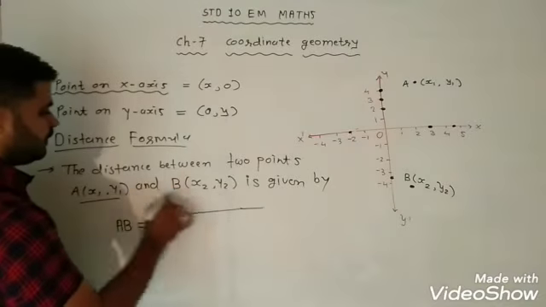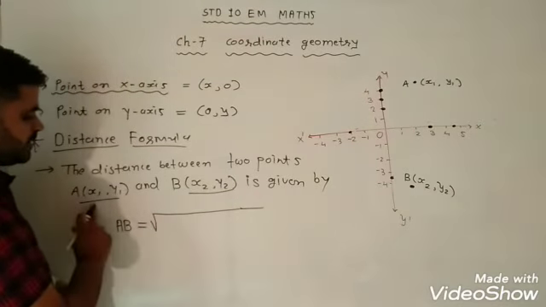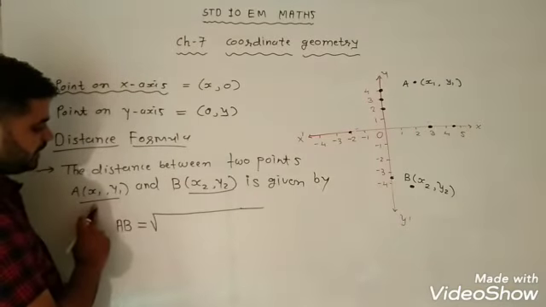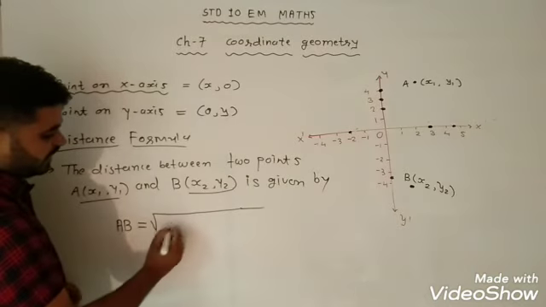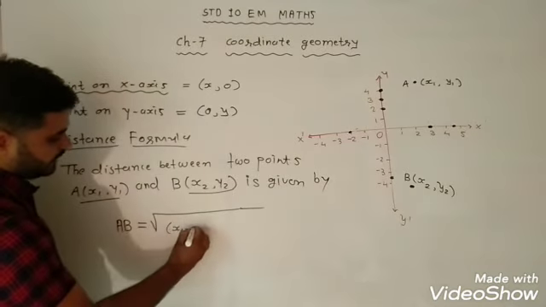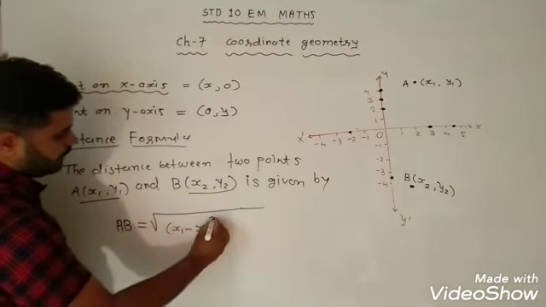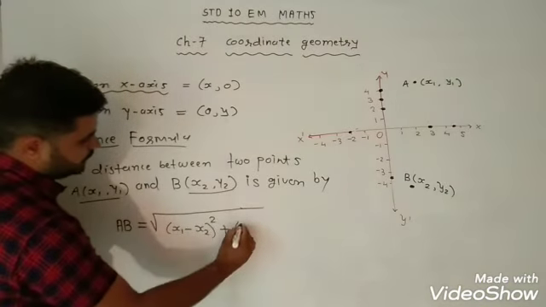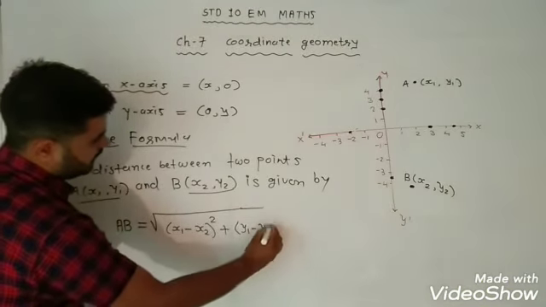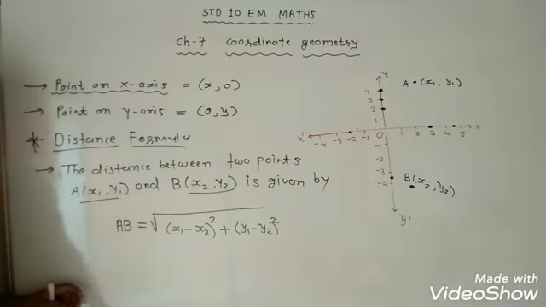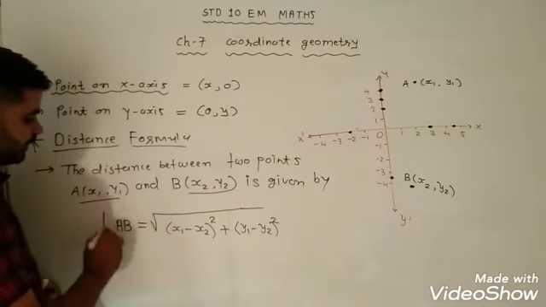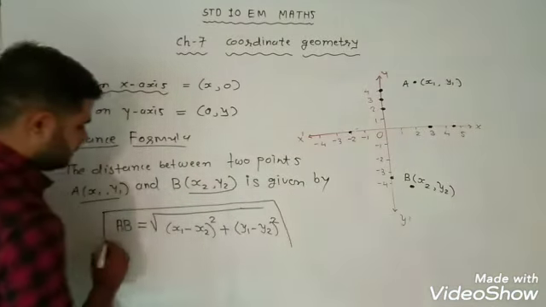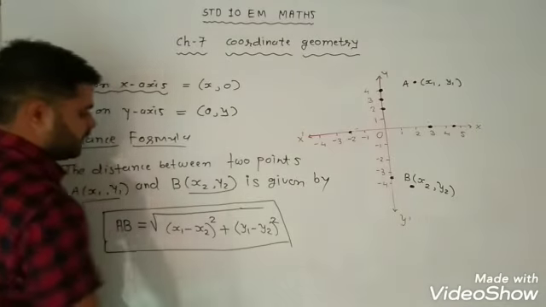here I have these 2 coordinates. So first of all let us see in distance formula, x1 minus x2, x1 minus x2 whole bracket square plus y1 minus y2, y1 minus y2 whole bracket square. It is the distance formula. Okay, you have to remember it.